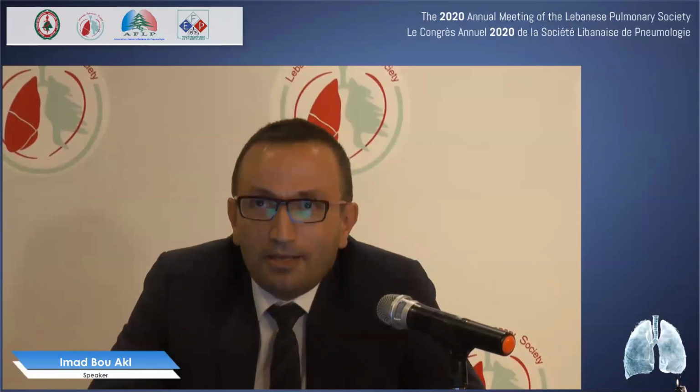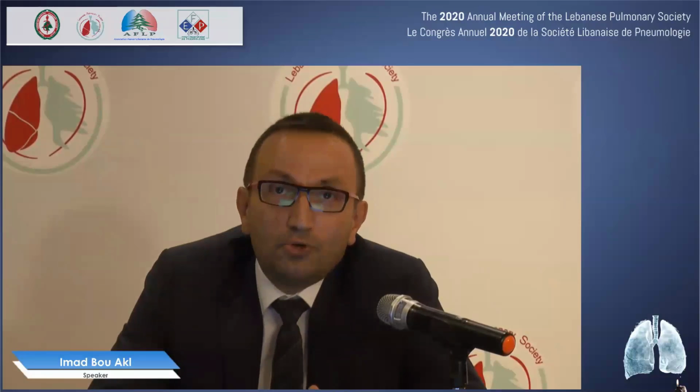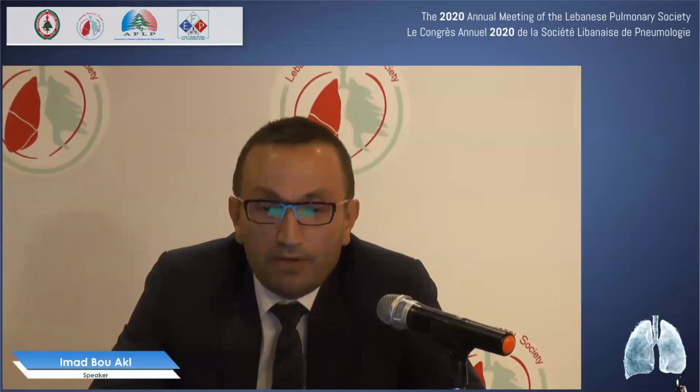So what are we planning to do? We're going to do 4 registries created in collaboration with Science Pro, who will provide the technical support. We have a PAH registry, pulmonary arterial hypertension, mainly type 1 and type 4. Of course, during these 10 minutes, I'm not going to go into details on the inclusion and exclusion criteria. We have a registry on interstitial lung disease. We'll have a registry on cystic fibrosis and severe asthma. These will be the first 4 registries. Hopefully, if successful, we're going to launch even more registries.